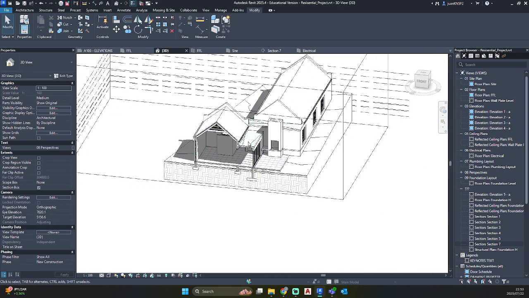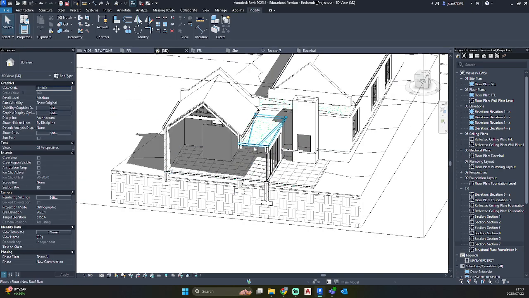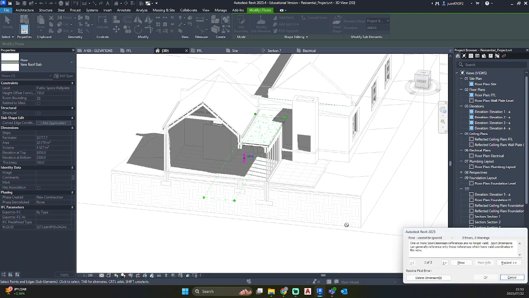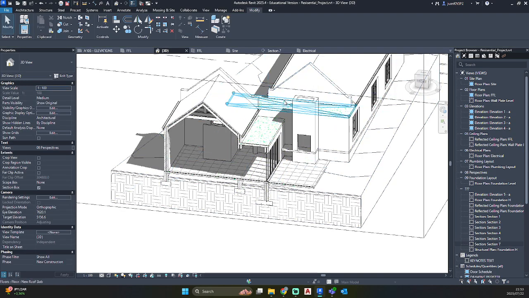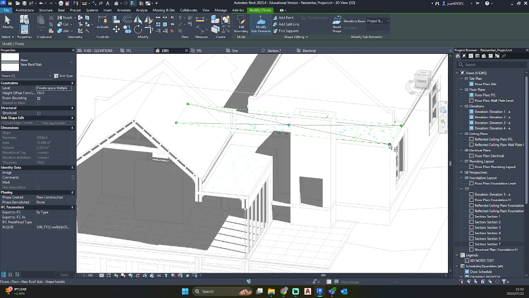So for this exercise, I am going to just remove the modified sub-element 2650, 2650, delete dimensions, fine. Doing the same for this one, 3330, 3330.